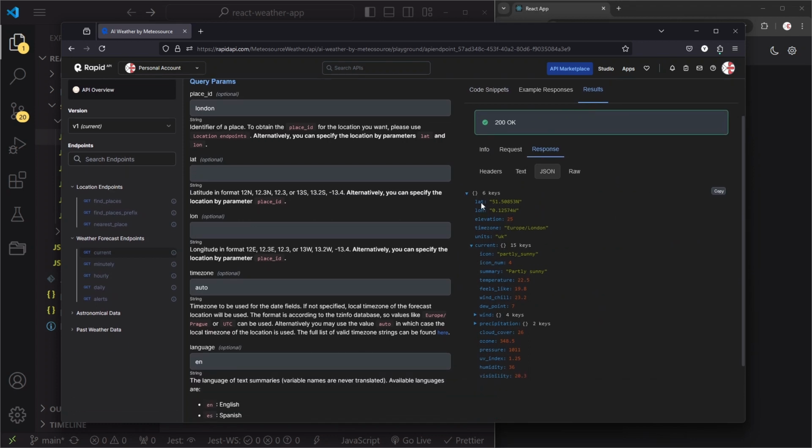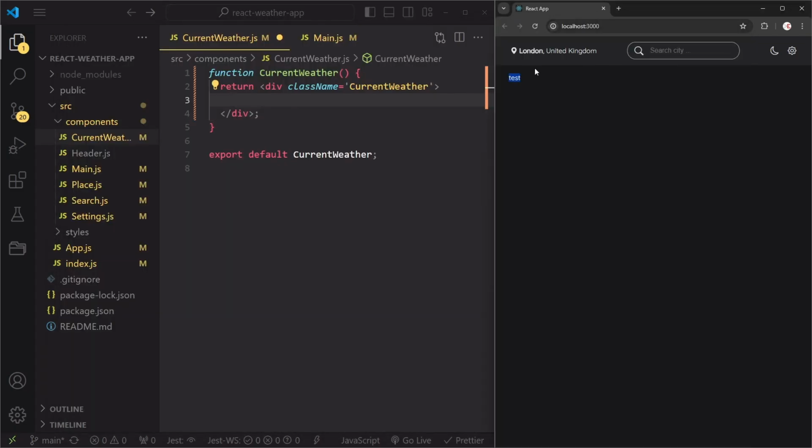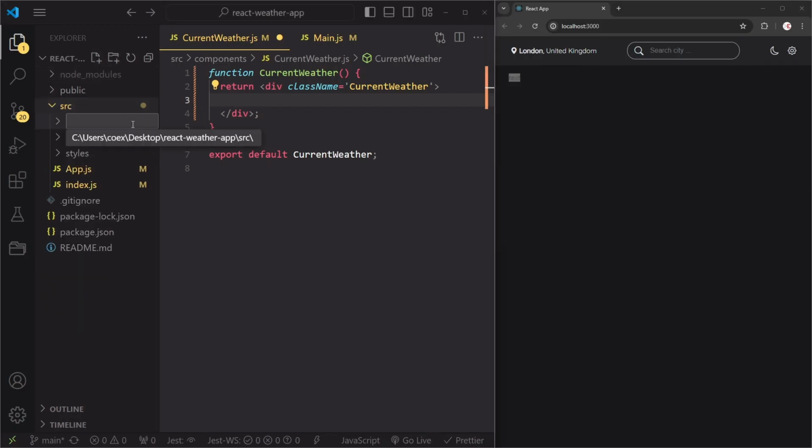So this is basically what we're going to get if we make a real request to the API from our application. But we're not going to do that because it's a limited plan. So I'm going to copy the JSON file, and then go back to my application here, and under source I'm going to create a folder first called API, and then inside is going to be an index.js,